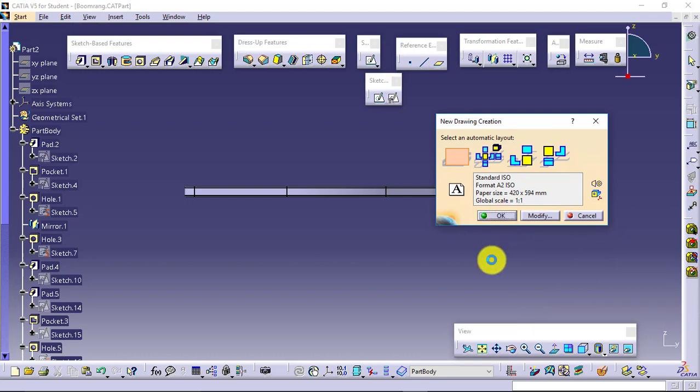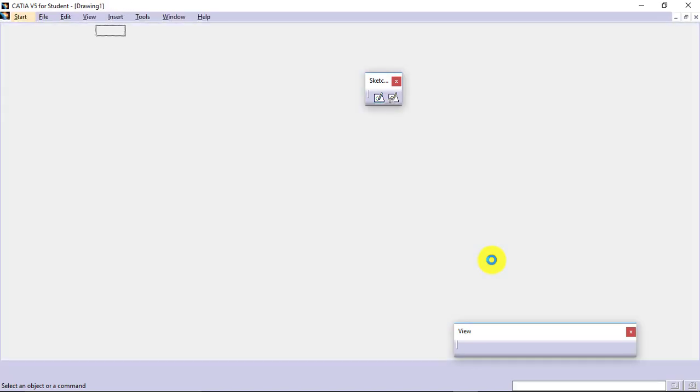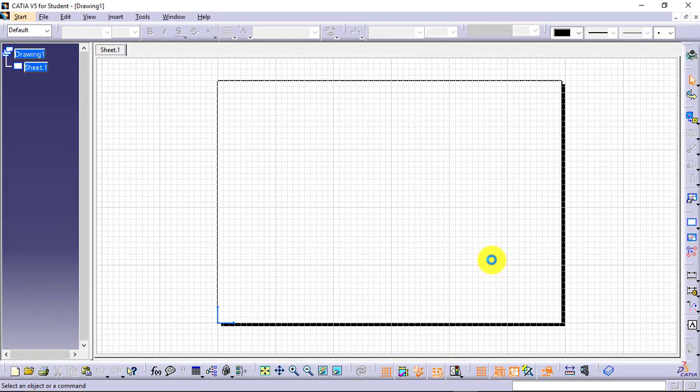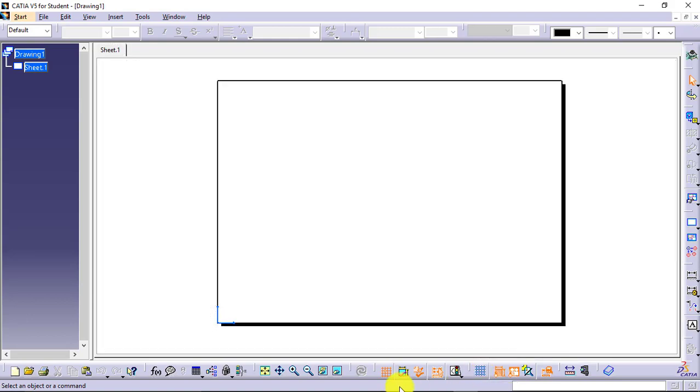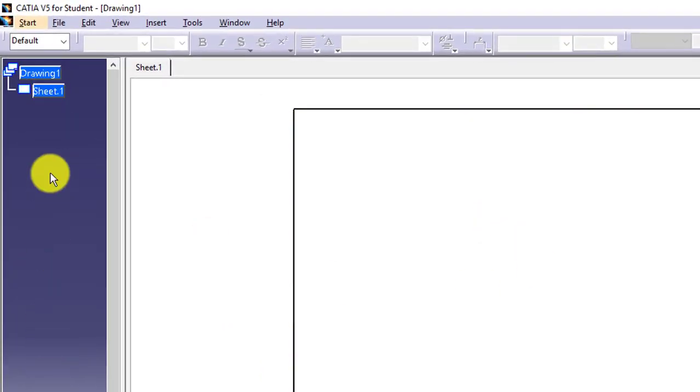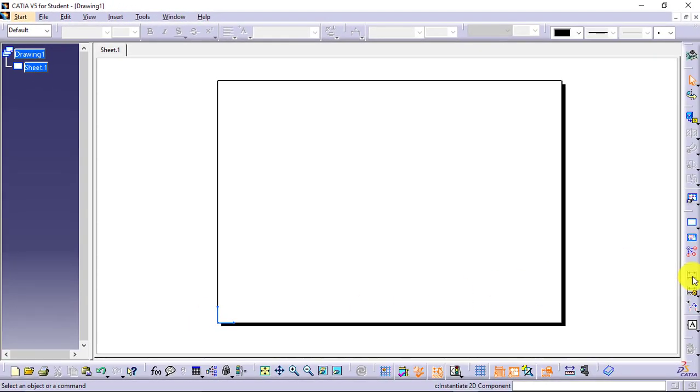It will open the drafting or drawing environment for me in CATIA V5. This is how the drafting or drawing environment will look. Again, grid and snap to grid is on, so you can turn it off from here, sketcher grid and snap to point. Then on the left hand side you have the drawing tree where all the sheets will be aligned. On the right hand side there are some toolbars available.